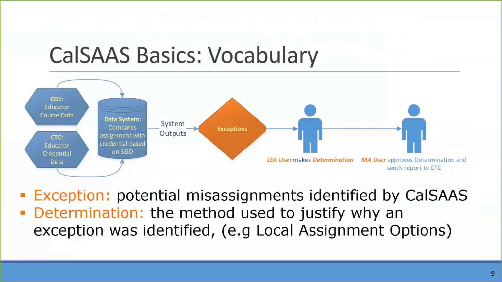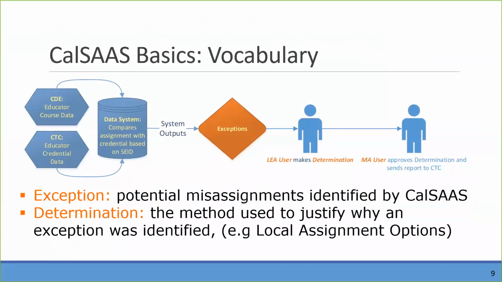And then a determination is made. That word may change, but determination, explanation, and justification are all words you could use. That's the method the LEA uses to justify why an exception was identified but is still legally authorized. We gave local assignment options as one of the main examples.